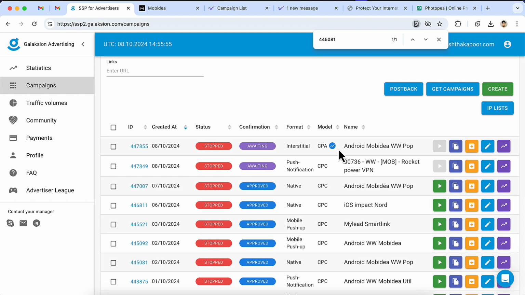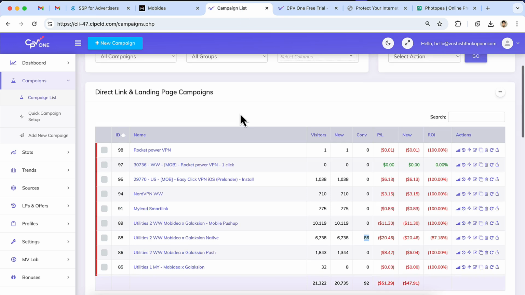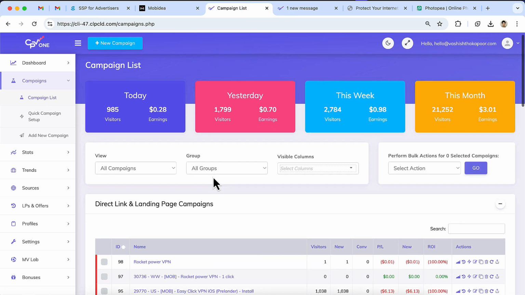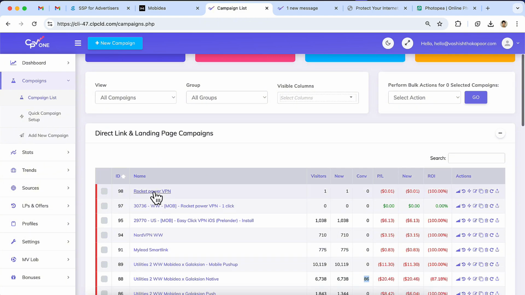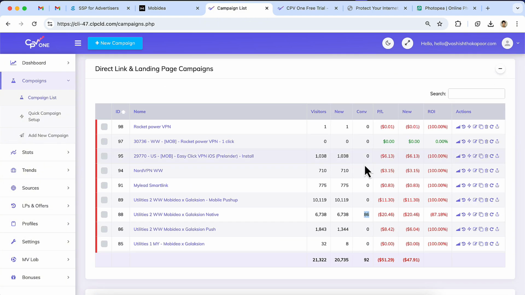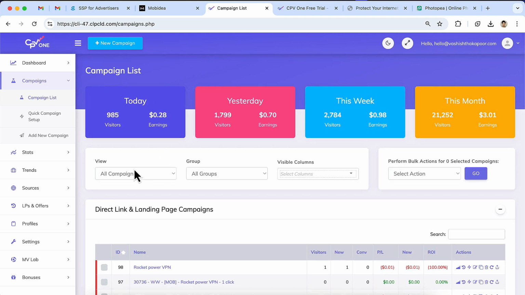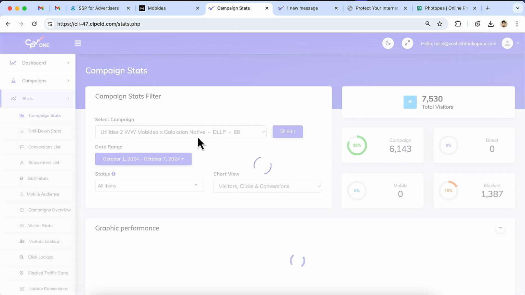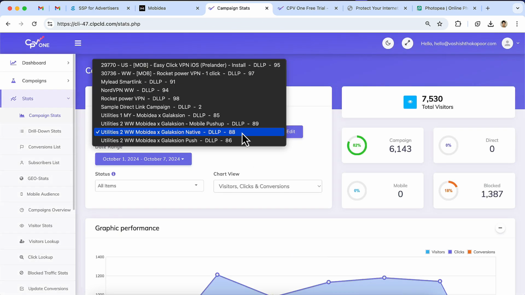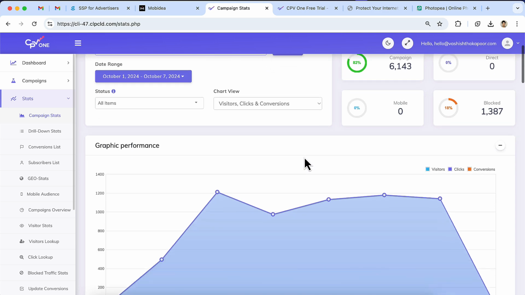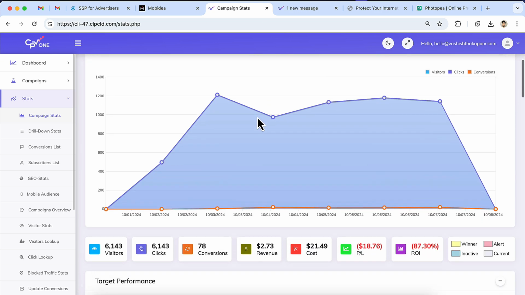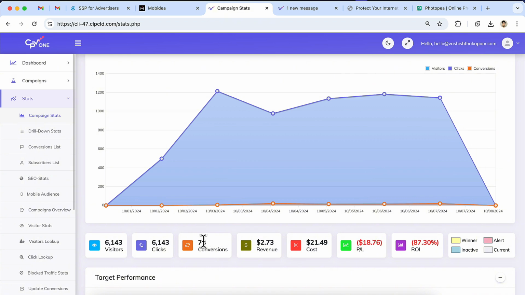So guys, just like we did the first campaign, I've also added a CPA campaign here, as you can see. So I have set up the campaigns very easily. It was a seamless process with CPV Lab. So it's a big thumbs up for the campaign setup process. And then let's go to the good part, which is campaign stats. This campaign I ran in the past has got me so many conversions. As you can see, all these stats, like I got 78 conversions, $2.73 revenue, and cost is this.